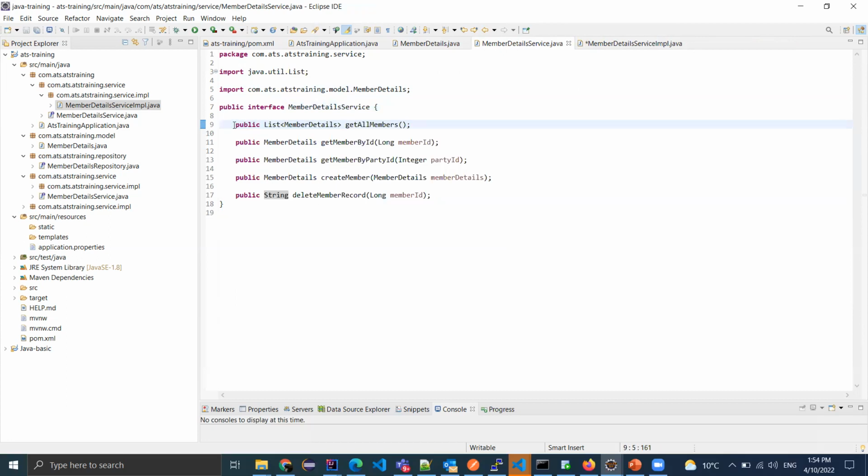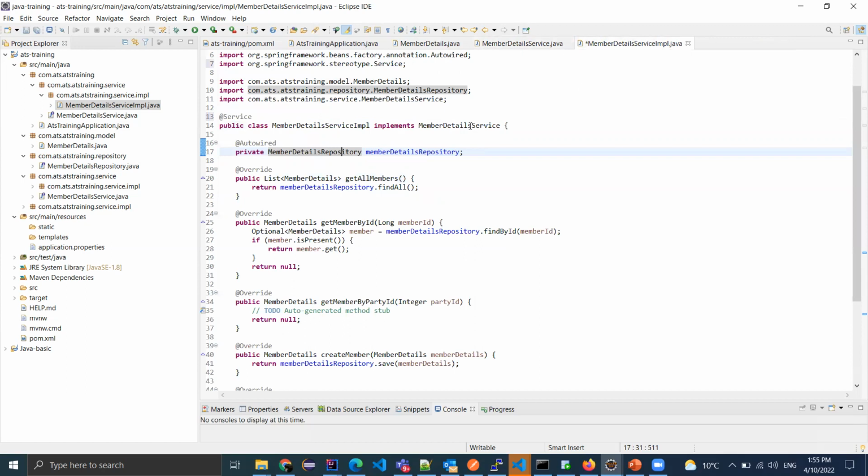And these methods, we are going to implement in a class, which is the implementation of this interface. So that class implements this interface here. This class has been marked as @Service. And now the main thing is, in this class we inject the dependency for this repository which we have created,